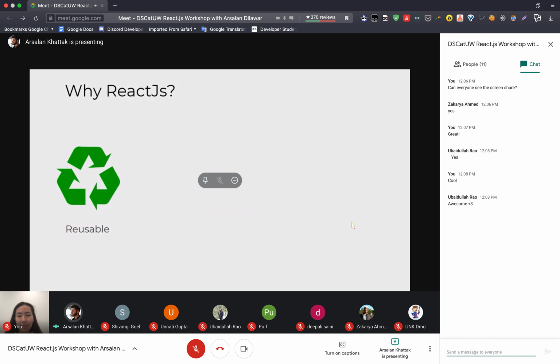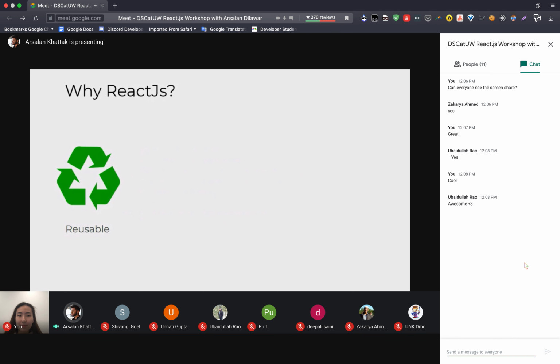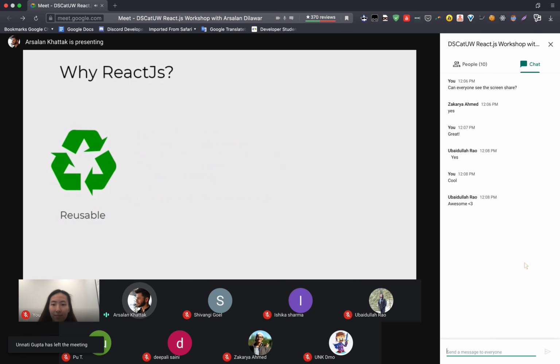So why React.js? Again, one of the basic and most useful features is that it is reusable. Once you create one component, you can use it anywhere. An example of that component is a button. Every website has a specific theme, a specific template where all the buttons look the same, right? Once you make a component for that button, you can use it everywhere.